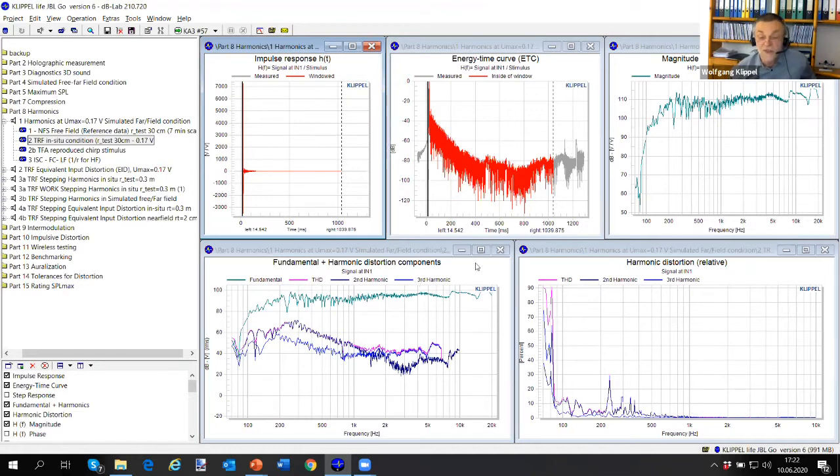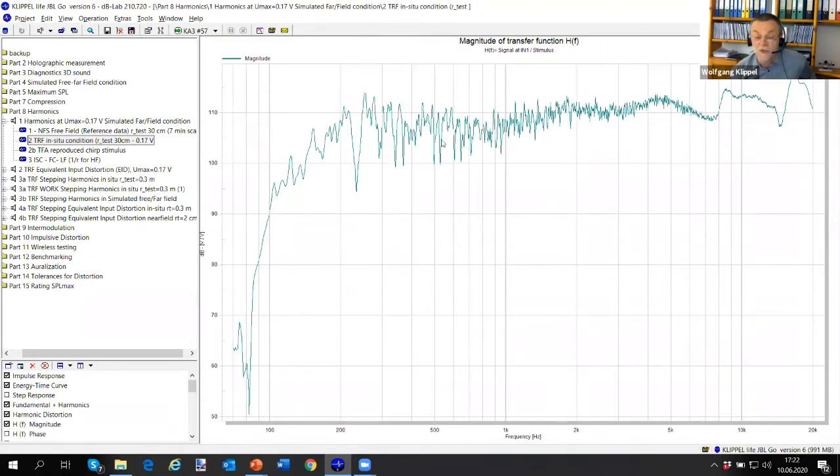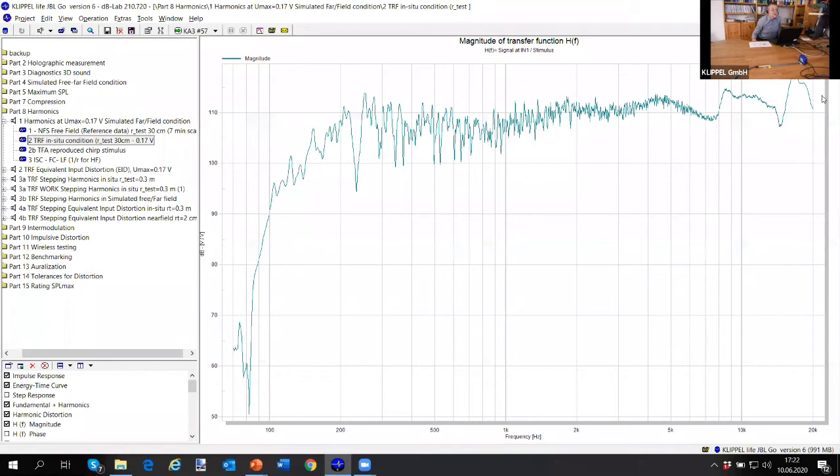But if you look at the results, that's our magnitude response without room compensation filter, correction filter. So we have here a distance of 30 centimeters. So we see some room reflection, and that generates actually this bad behavior. Okay, but